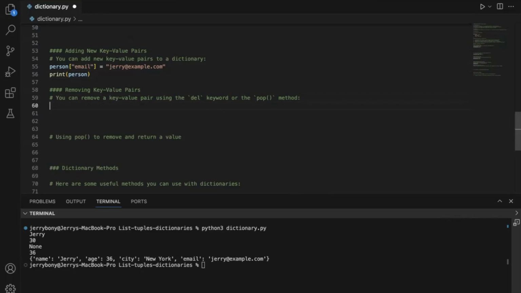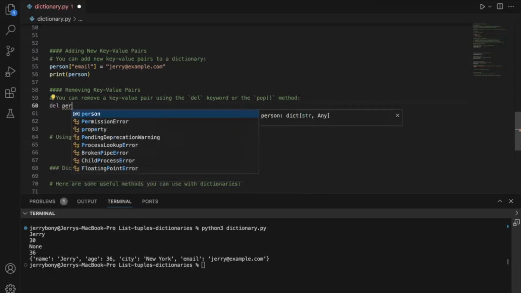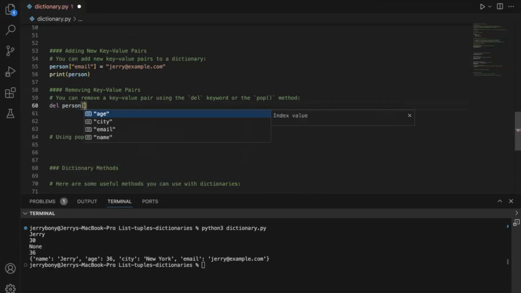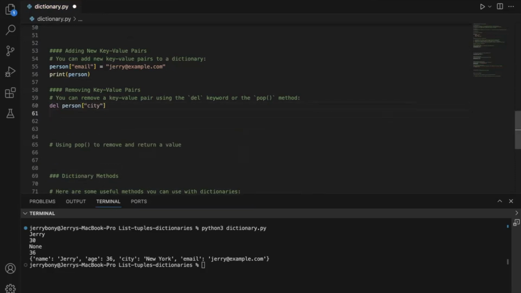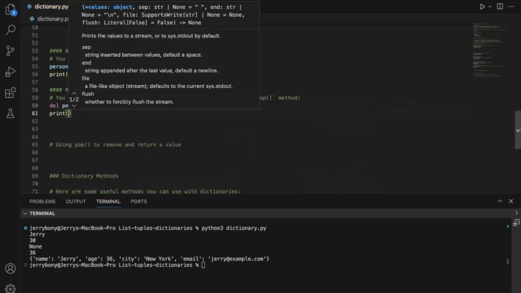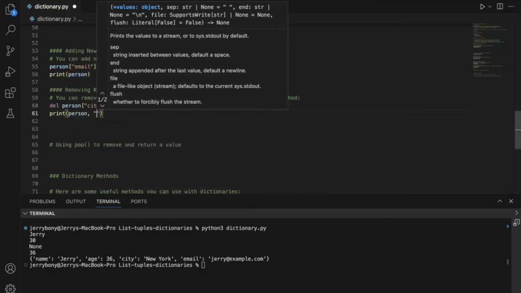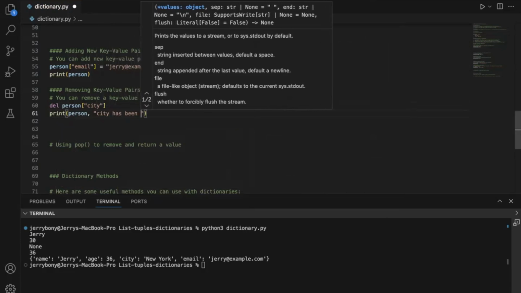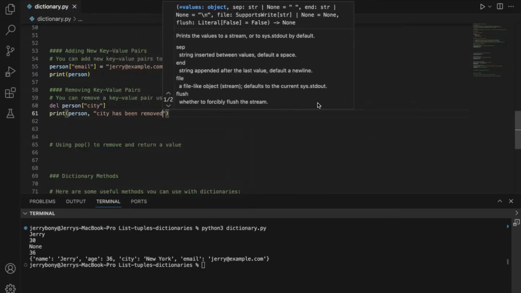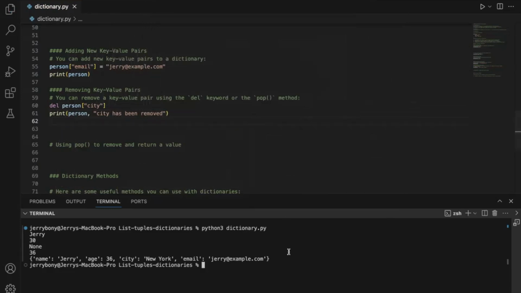So for example, say if I wanted to remove the city key value pair, right? I could say del keyword, person, city. And then I'm going to print person out again. And then what I'm going to do is add a comment here that says city has been removed, just so we can identify it. I'm going to clear this out